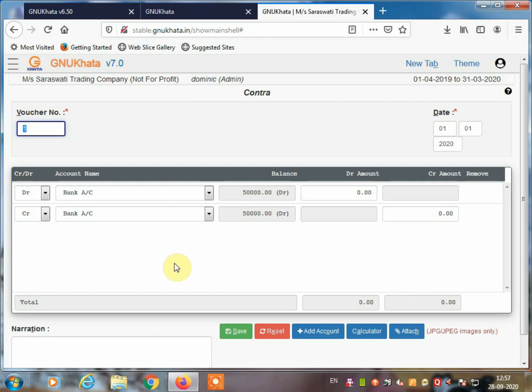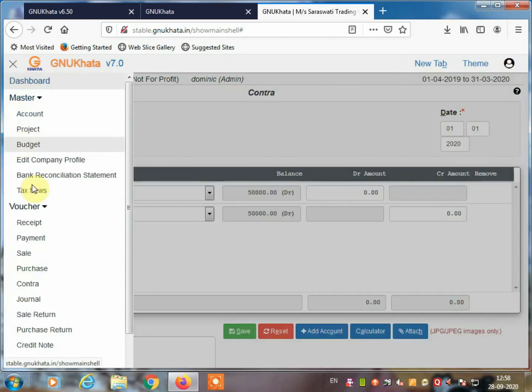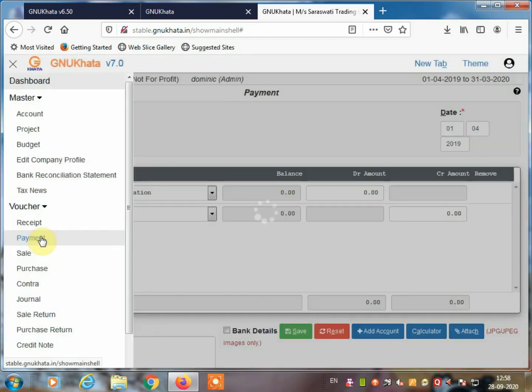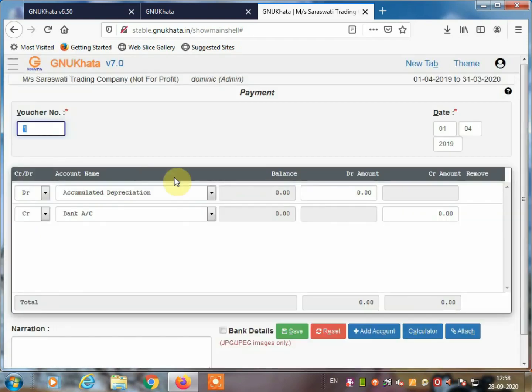Next, paid office rent by cheque. Here it is a payment voucher, 15,000. You have paid the rent of the office but by cheque, so the person has to go to the bank to remove the money. So select the voucher type, payment. Okay, payment voucher is selected. The date is the same, the same date the payment is made, 1/1/2020.